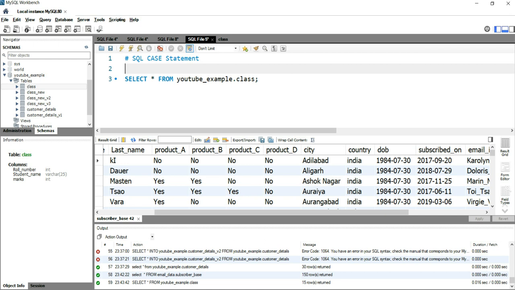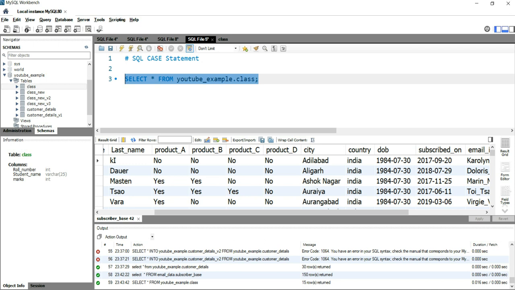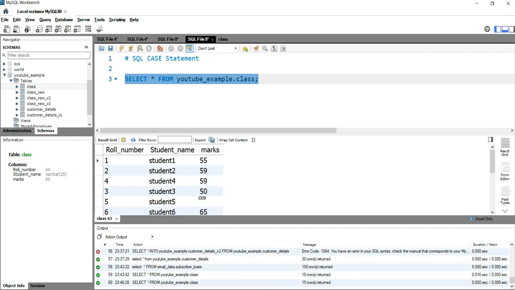So let's think of an example here. We have a class table here, and if I run this query, I have roll number, student name, and their marks. Let's think of a scenario where you have to put grades over certain marks.